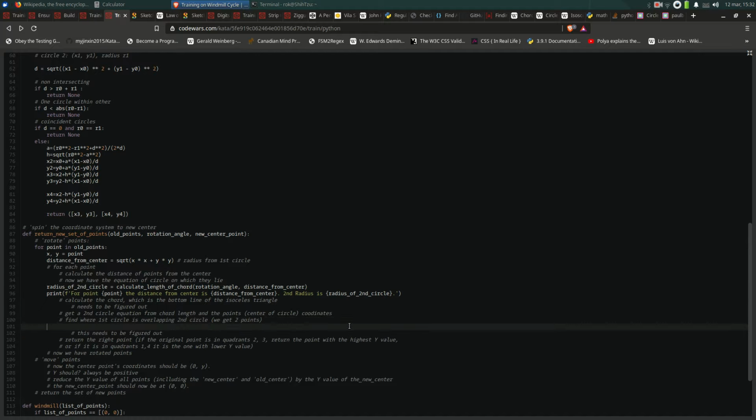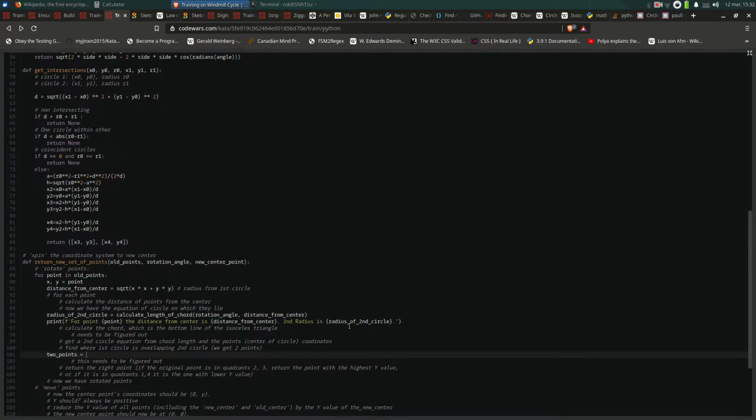So we say two points equals get intersections, and we input old points. So we say x and y and their distance from center, no, old points, and I guess the old